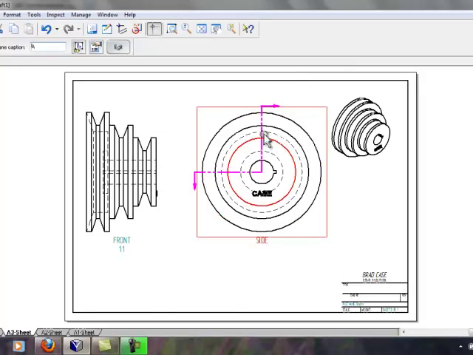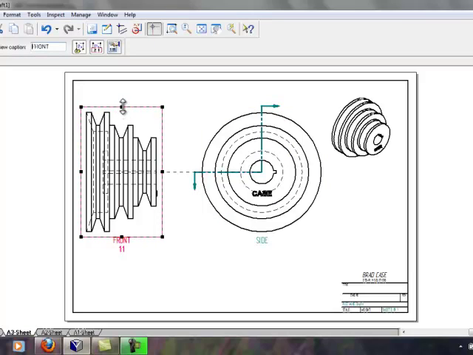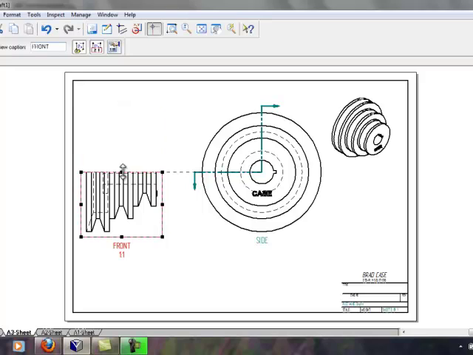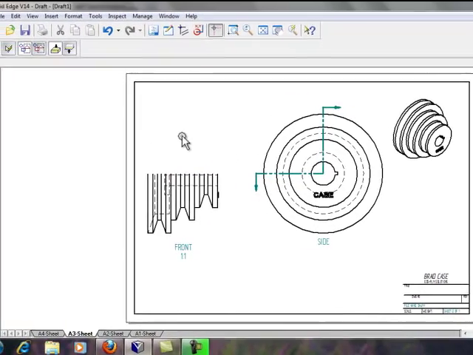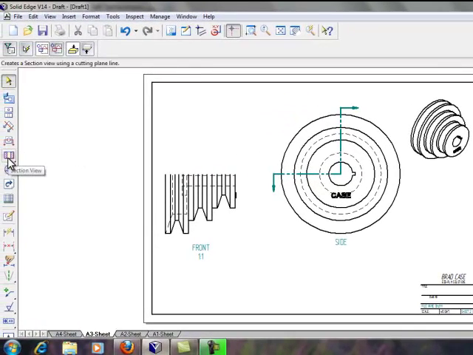Before we can drag the section view over, we need to shrink the front view. So we just click on the outside of that, grab the box in the center there, and drag this down and align the middle. Now we're ready to bring in the section view. So I click on this section view button,